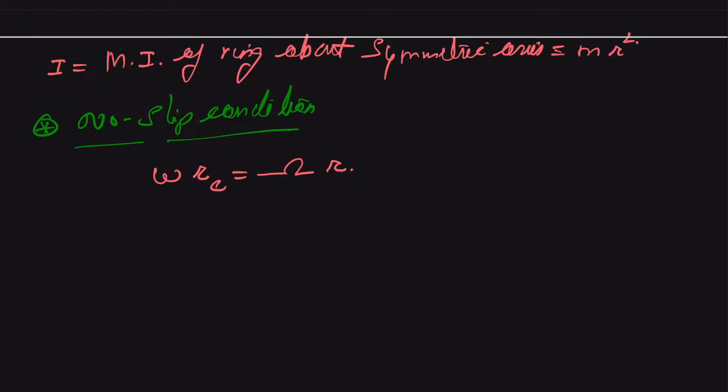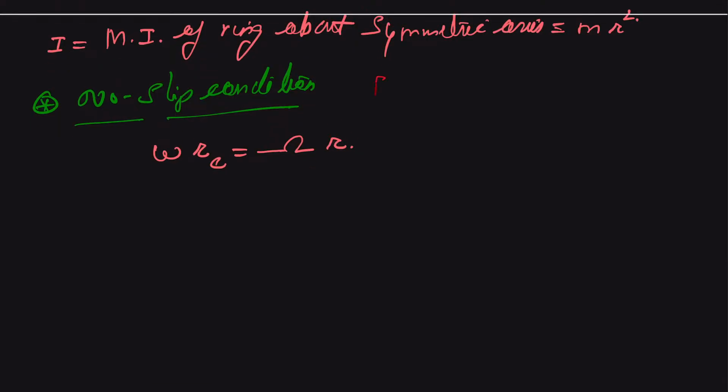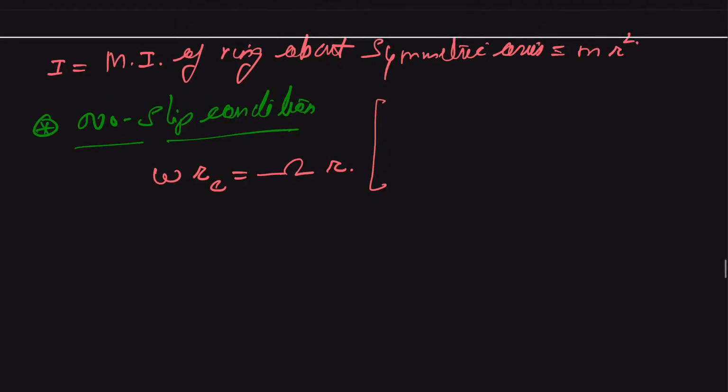Okay, this is the meaning of that. Because at any given instant we can say that the point of contact is momentarily at rest relative to the cone. Therefore we can write that